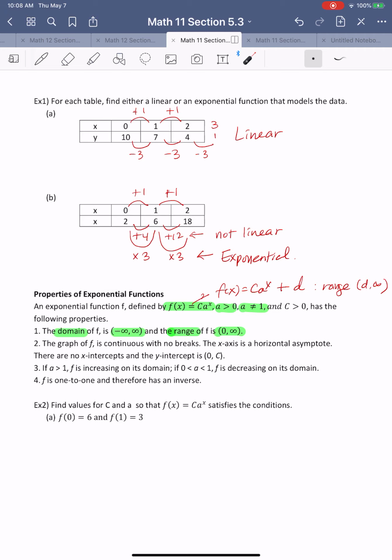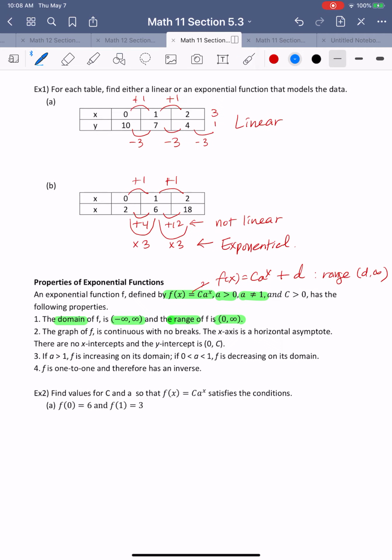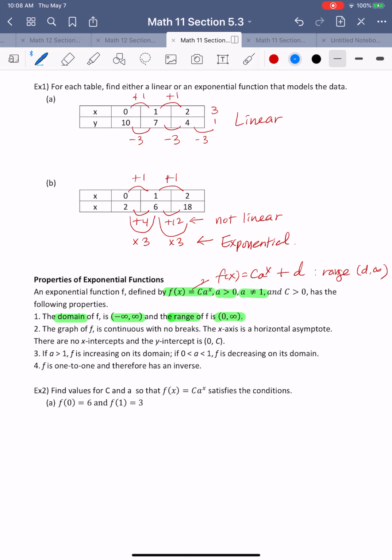So example 2: find the values of c and a from the given conditions. I'm going to start one at a time, using f of 0 equals 6. F of 0 means you plug in x as 0. You plug in 0 for x, and a to the 0 power is actually 1. So c equals